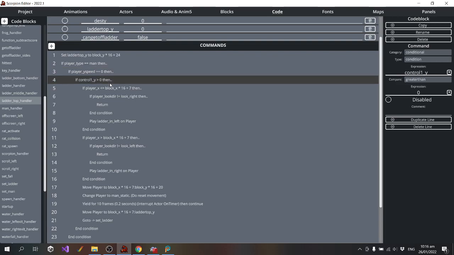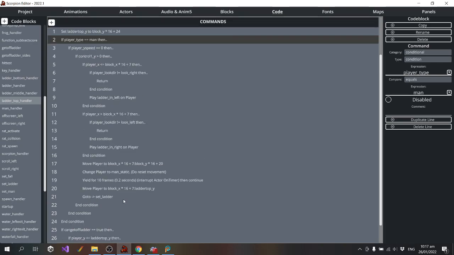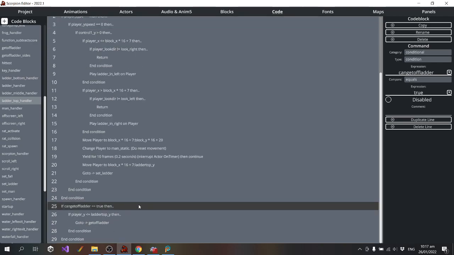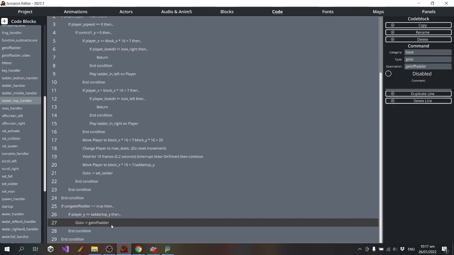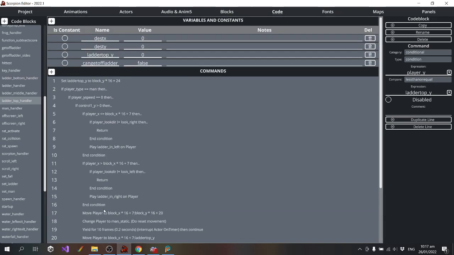Oh, y is greater than 0. Player Y is less than or equal to ladder top Y.